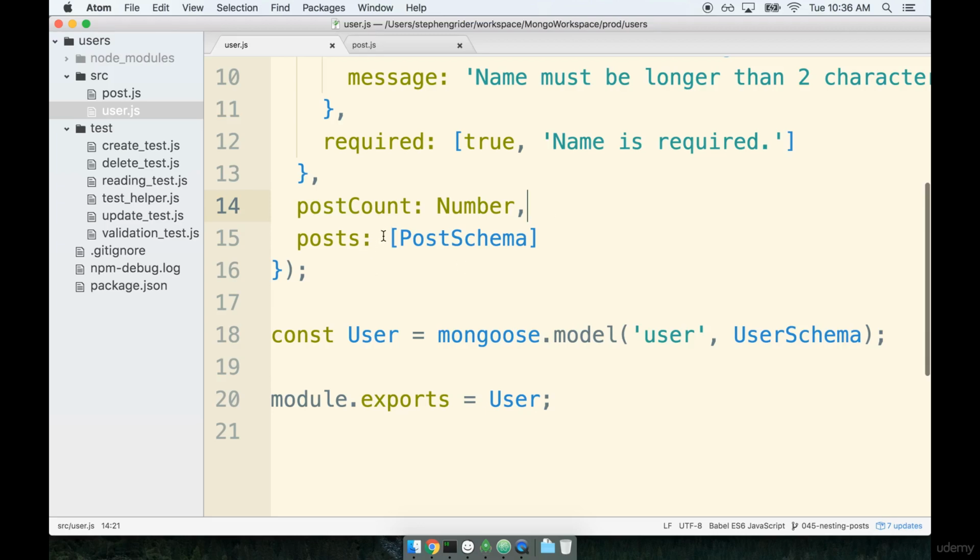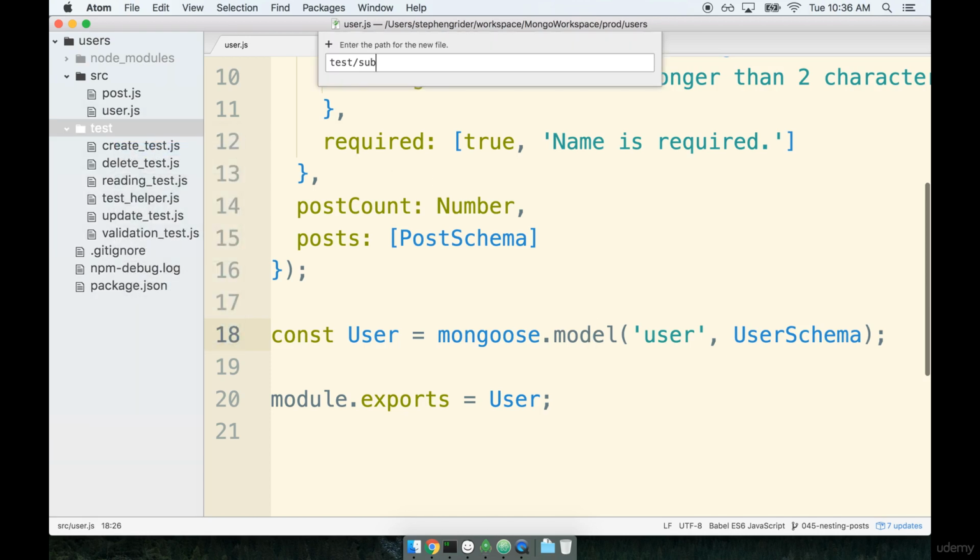Now that we've wired up our post schema to our user model, we can add some tests to just see how subdocuments work with Mongoose. To make a new test file, I'm going to find my test directory, and then I'll make a new file called subdocument